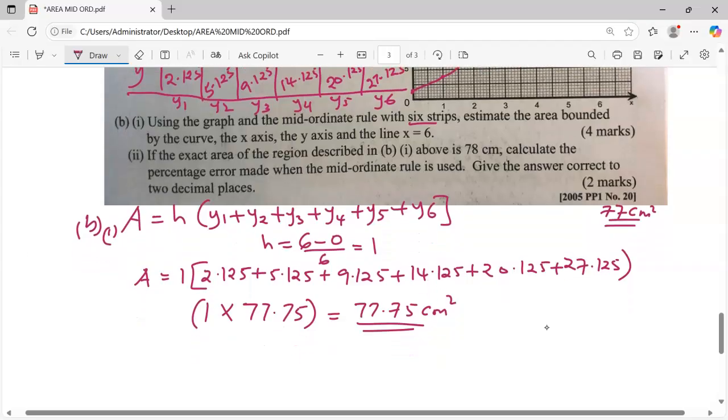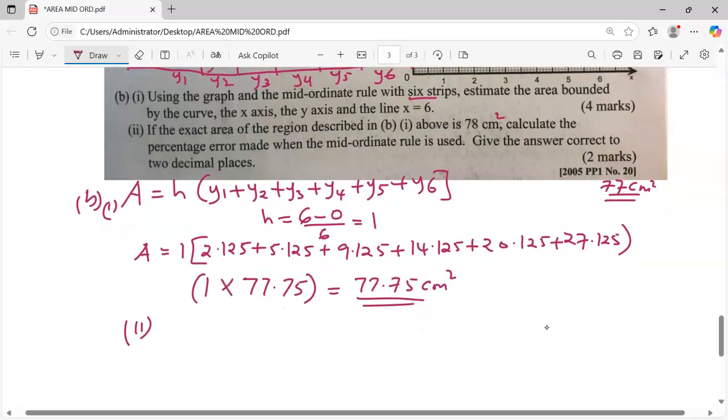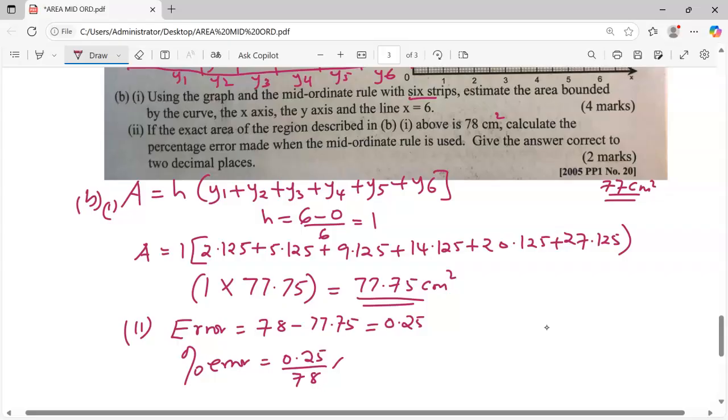Then we go to Roman 2. Roman 2 says if the exact area of the region described is 78 centimeters square, calculate the percentage error made when the mid-ordinate rule is used. In this case, the first thing we are going to do is to get the error by using the exact area, which is 78, minus the approximated area of 77.75, and this one is going to give us 0.25. Now the percentage error will be equal to the error of 0.25 divided by the actual, which is 78, times 100%, and this one is going to give us